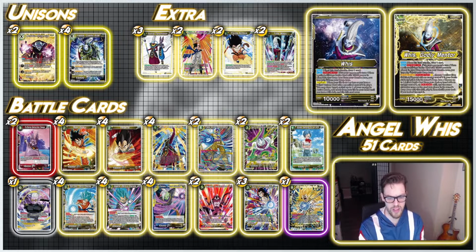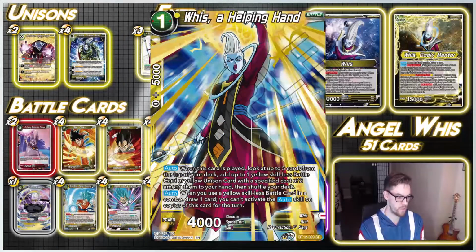So we run a full set of all of these just because they are really, really strong cards here. The next card is kind of the main one drop that we have in this deck that we want to use. Going to be Whis, a helping hand. So this card is a one drop. When you play it, you search top 5, add up to 1 yellow Skilless battle card, or with basically one of the 2 drop Skilless,